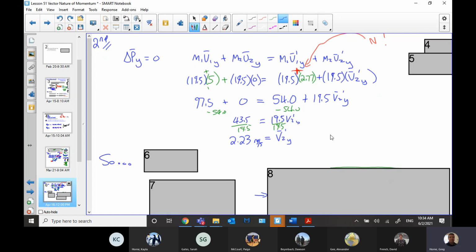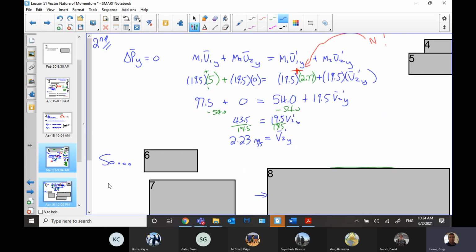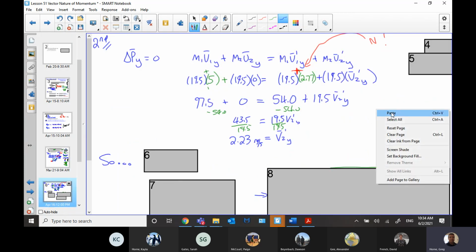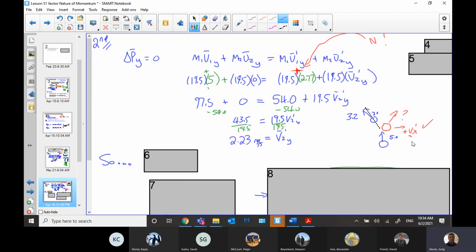Okay, so now we have a vertical and a horizontal component of that velocity. I'm just going to grab a copy of this little diagram. Copy that. Paste that in here somewhere. I'm just going to group those. Just get rid of a little bit of it. Let's get rid of that part.